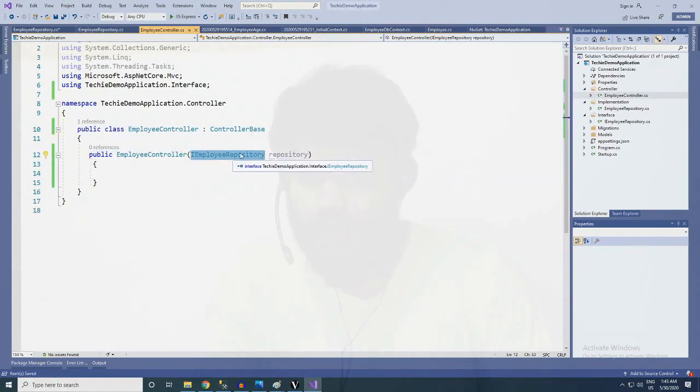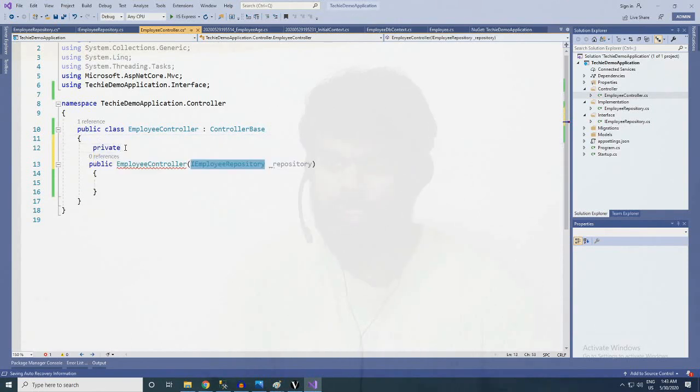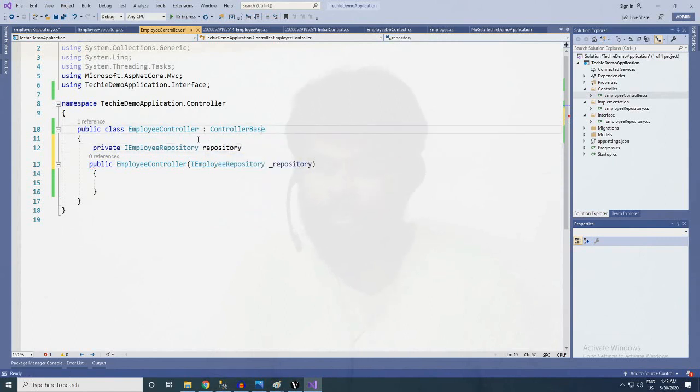So we need to save this IEmployeeRepository in the local repository, and for that what we need to do is create a private variable, the repository.